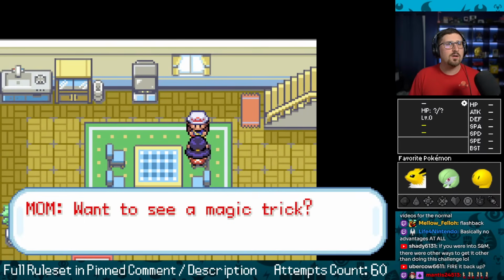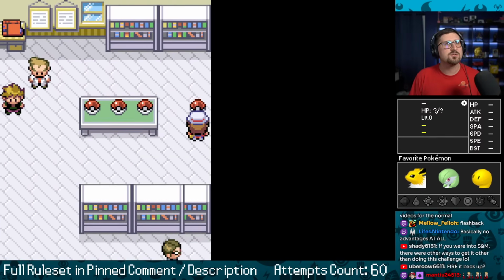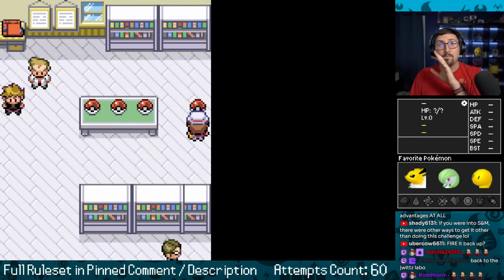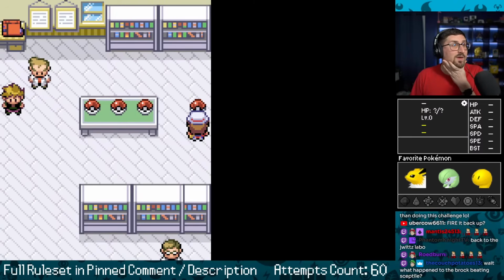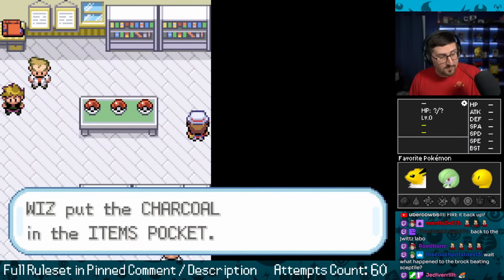I have a small quality of life thing that allows you to get to the lab faster and gets the running shoes right away. This is my PC item. All items randomized. Could it be good? Could it be bad? Let's find out. A charcoal. I'm not allowed to use that. It's just selling fodder.